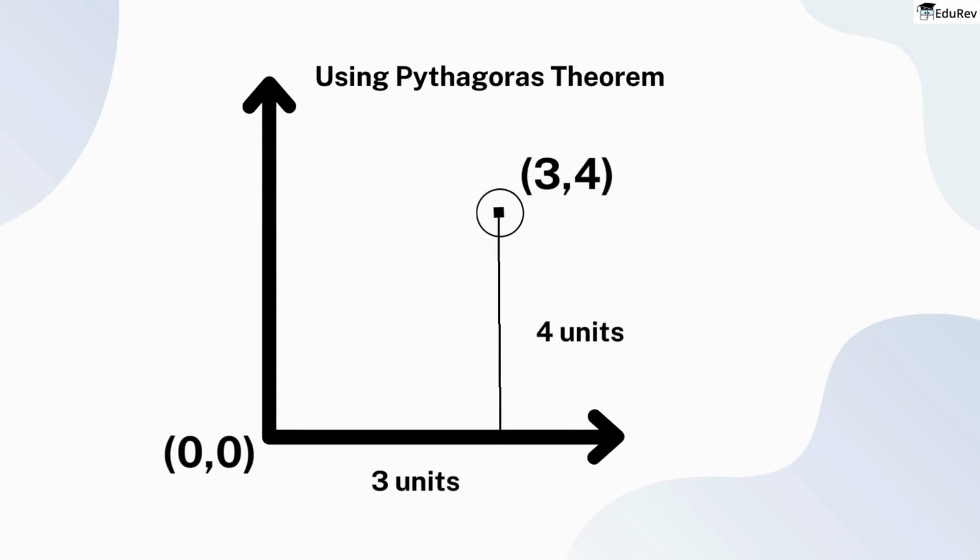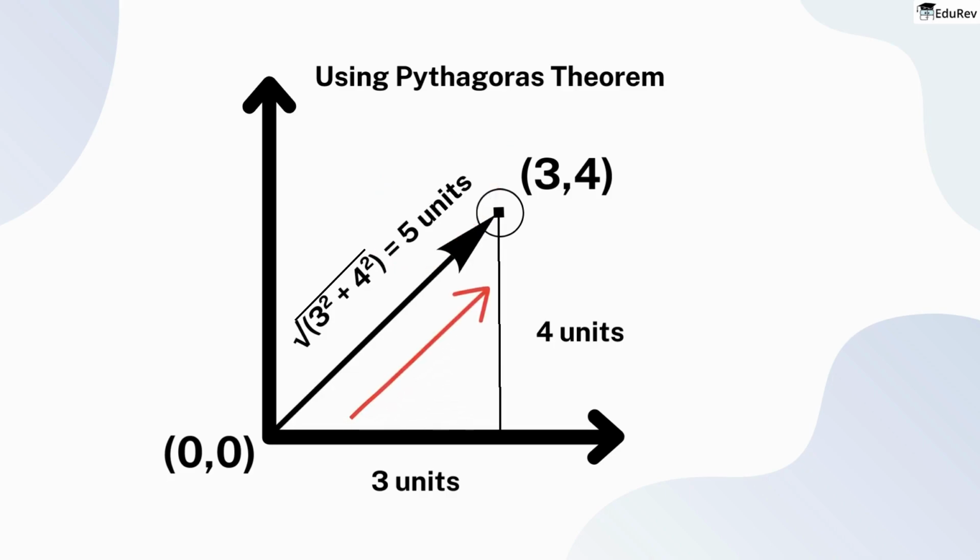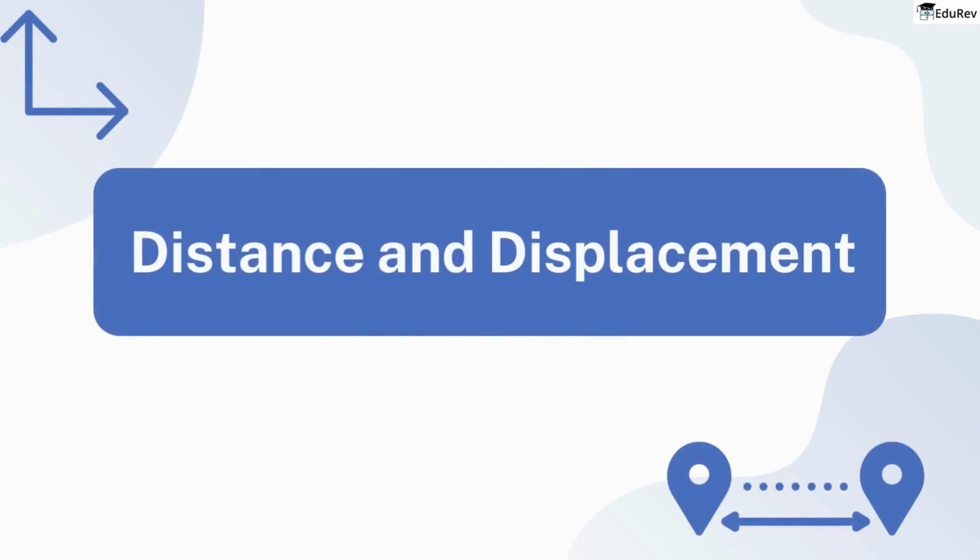Using Pythagoras' theorem, the magnitude of this vector is the distance from the origin to the point (3, 4), which is the square root of 3 squared plus 4 squared, equal to 5 units. The length of the arrow represents the magnitude, 5 units, and the arrow's direction is from the origin to the point (3, 4). Now, since we have understood scalar and vector quantities, let us discuss the concept of distance and